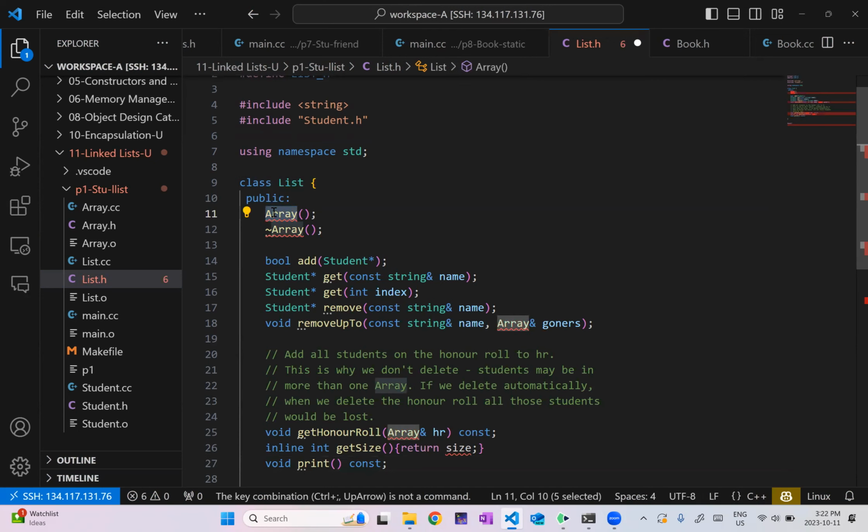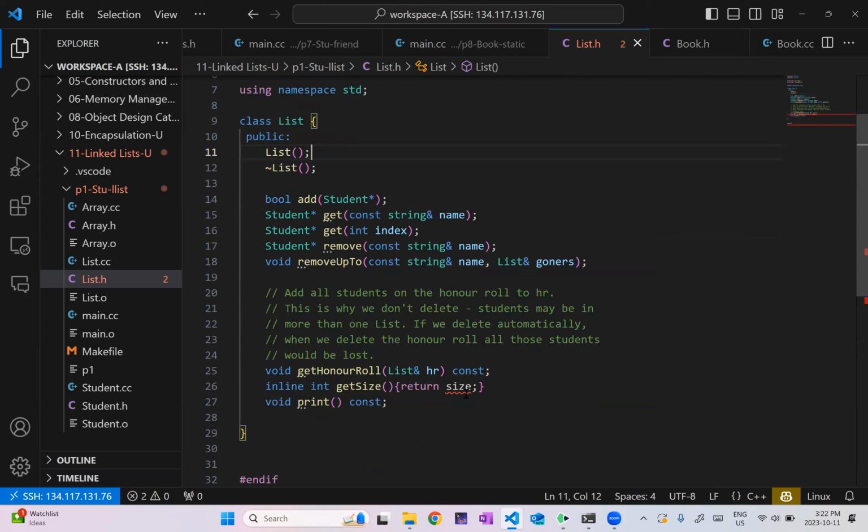Okay, so this I will change to list. Okay, return size. So get size we should implement as well. And then privately, as we talked about, we want to have, well, first of all, we want a node in here as well. So let's